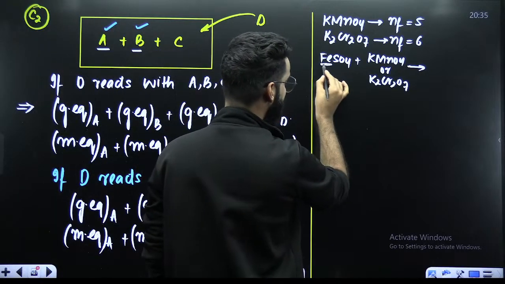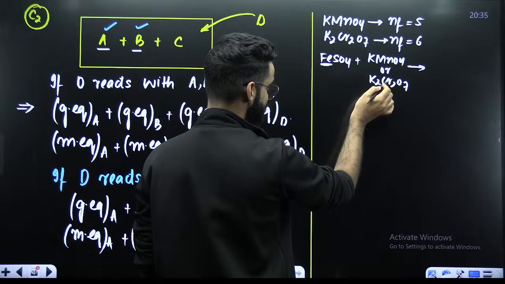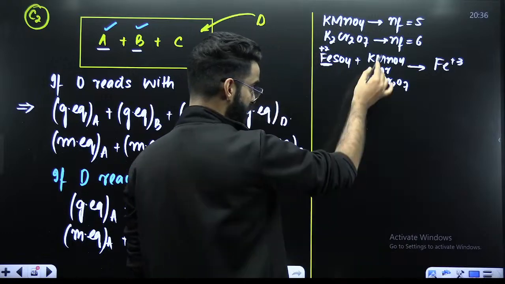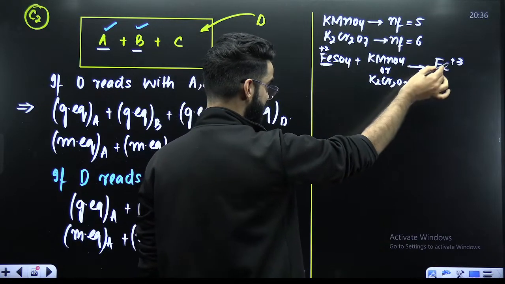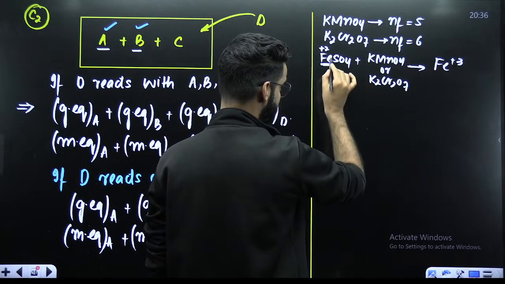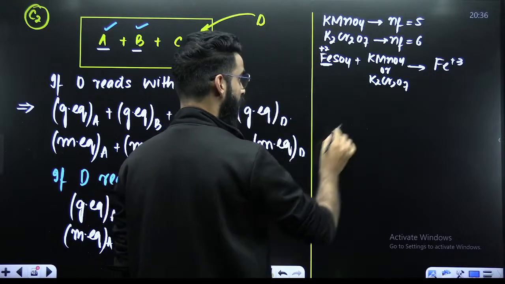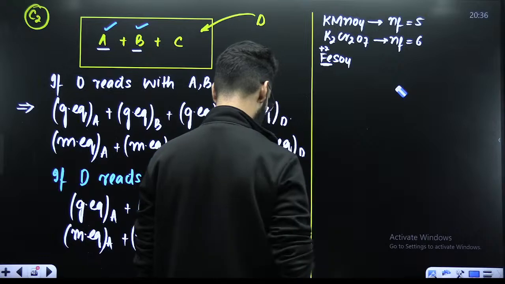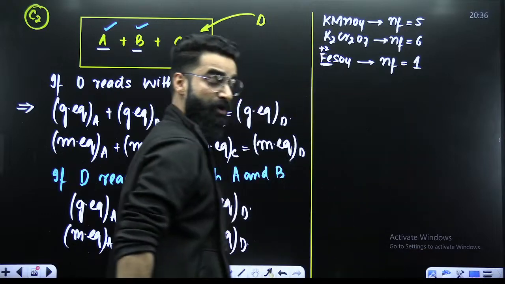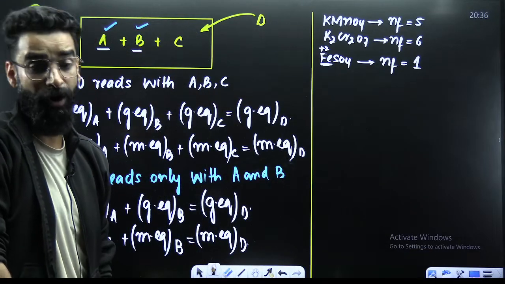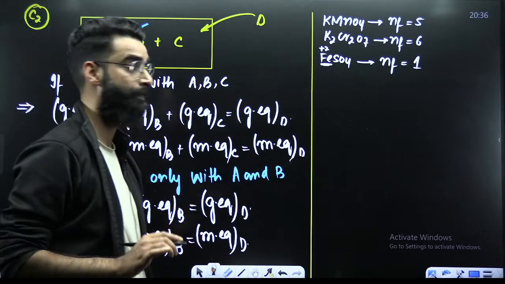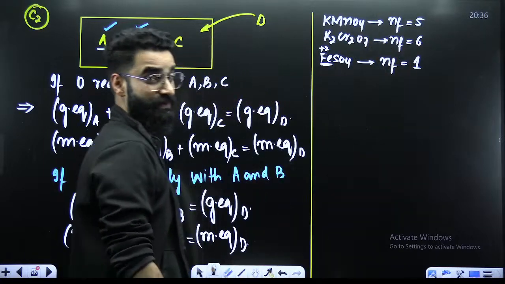Over here, you have got iron in the di-positive state. And you know KMnO4 as well as K2Cr2O7 converts Fe di-positive into Fe tri-positive. So what is the change in oxidation state? +2 to +3, the change is 1. 1 is the change for one atom, and I have only 1. So the n factor of FeSO4 in this reaction will be 1. So what I want you guys to remember is, when KMnO4 or K2Cr2O7 is treated with FeSO4 in acidic medium, you'll take the n factor of FeSO4 as 1, because Fe di-positive gets converted into Fe tri-positive there.